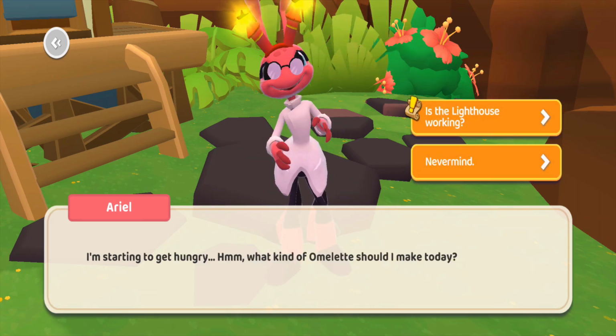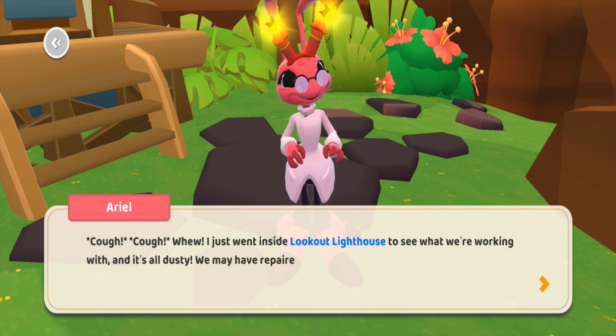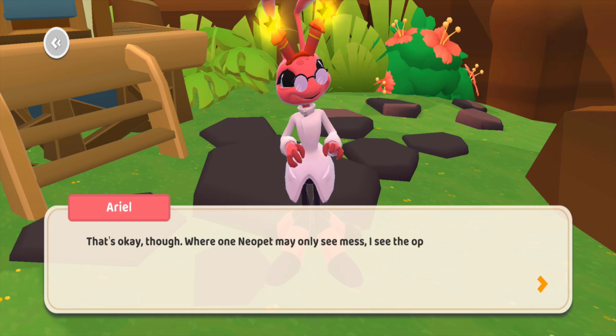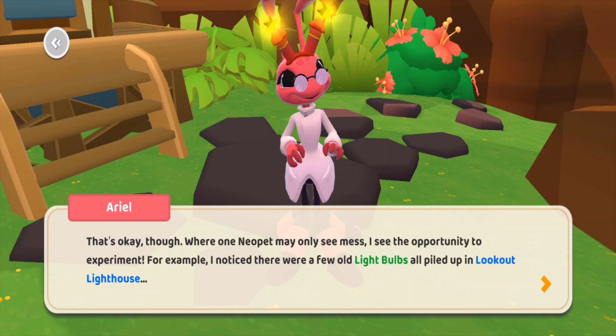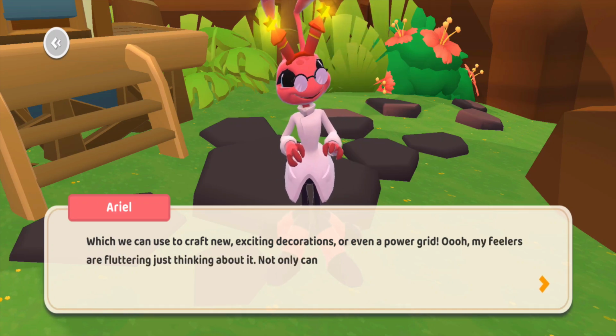What kind of omelet should I make today? Is the lighthouse working? I just went inside Lookout Lighthouse to see what we're working with, and it's all dusty. We may have repaired its ruins, but it's still a lot to clean up. That's okay though. Where one Neopet may only see mess, I see opportunity to experiment. For example, I noticed there were a few old light bulbs all piled up in the Lookout Lighthouse, which we could use to craft new, exciting decorations, or even a powerful grid. Ooh, my feelers are fluttering just thinking about it. Not only can we track energy usage, but we can...